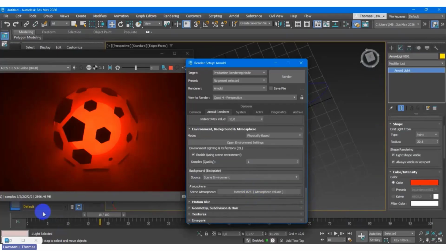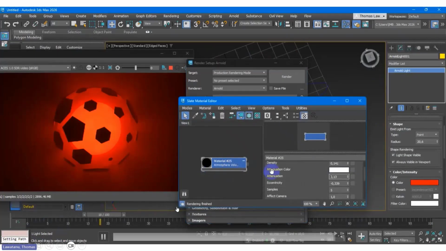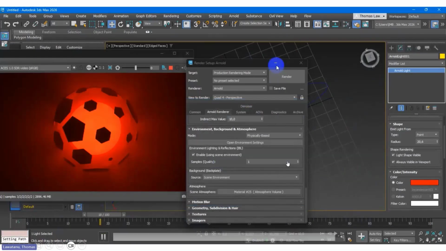But this one I'm using the atmosphere. See, the atmosphere volume you can adjust, this is inside Arnold. If you have 3ds Max, Arnold is a part of your renderer right now, included for free. So you can play around. This is easier to use, using the Arnold render to create your project.